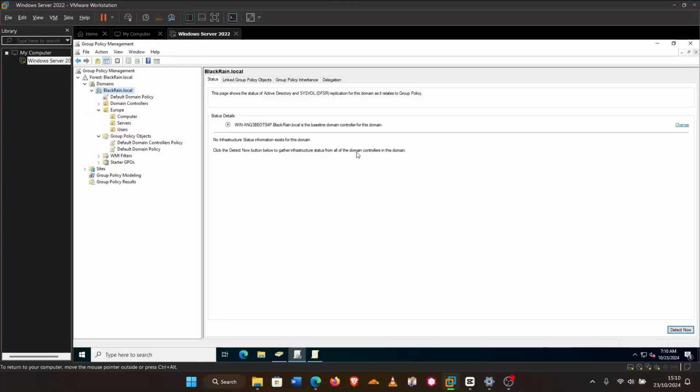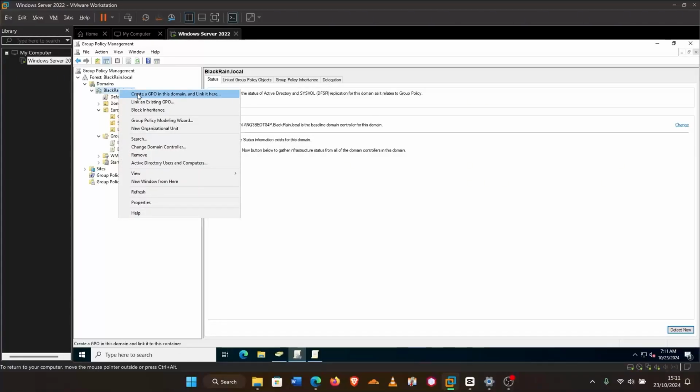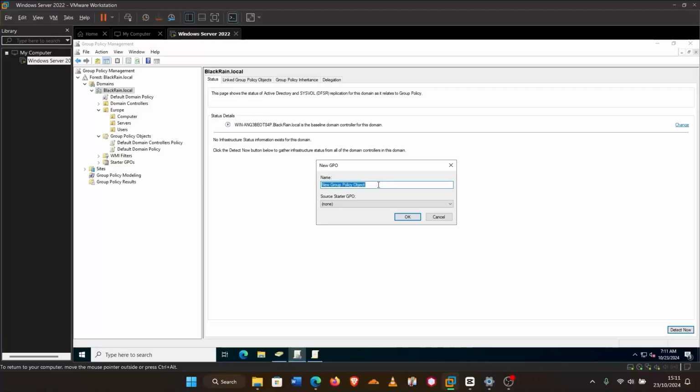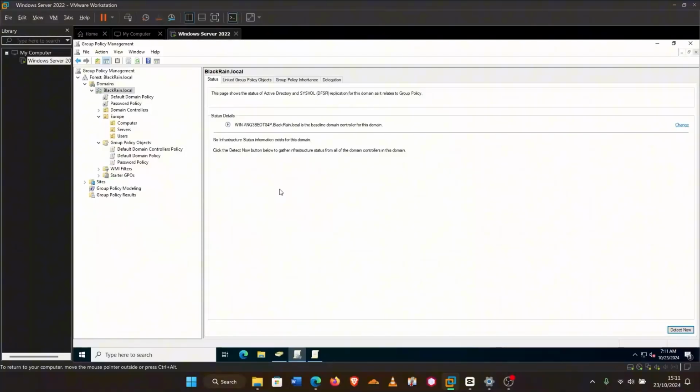Okay, we will now be creating our very first GPO. For this first activity, we will be setting up a password policy GPO, and this is setting up a password policy to enforce strong passwords and enhance security. Okay, go to your GPMC, right click on your local domain, create a GPO in this domain, and we're going to name this GPO password policy. Click OK. Okay, we can see it has created the GPO over here. It's called the password policy. Right click on the GPO, click on edit,